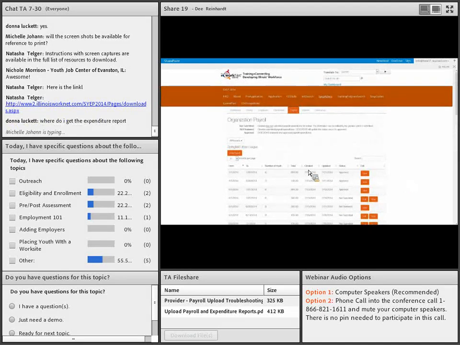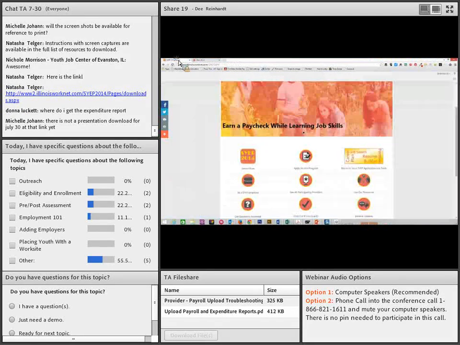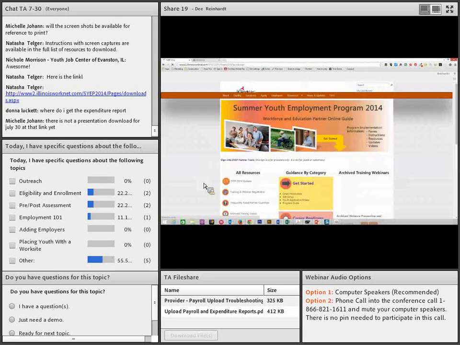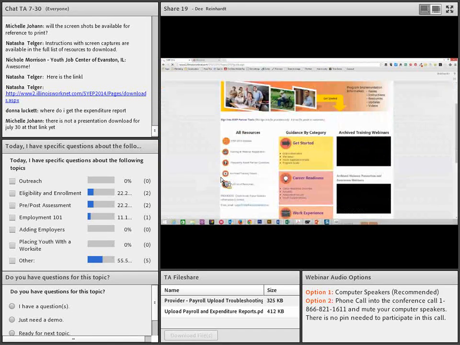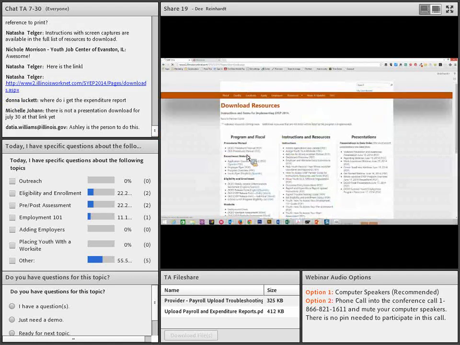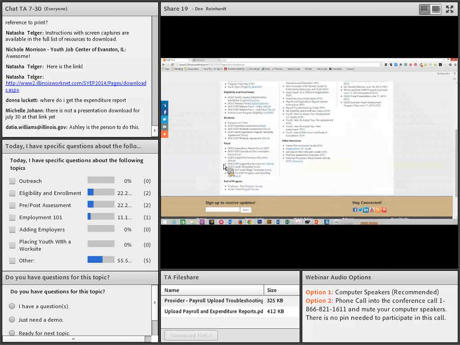So that gives us the payroll upload. You can get the expenditure report in your grant guide under the SYEP guide. Somebody will probably type that into the pod for me. Under the full list of resources, you can find it there. Under program and fiscal reports, you can find the expenditure documentation for